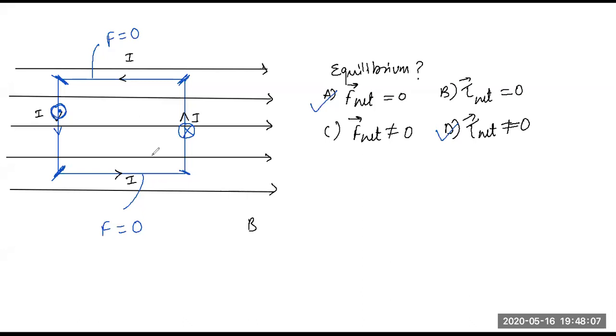Yes, sir. So if I ask you what's the net force, you'll say for this it's 0, for this it's 0. And here one force is in the minus k cap direction and one force is in the k cap direction, so the net force is surely 0. But you can also say by common sense that from this edge you are trying to lift the wire above the plane of the paper, and from here you are trying to push it inside the plane of the paper, so it will tilt a little bit, right? You'll be able to see some rotating effect. Yes or no?